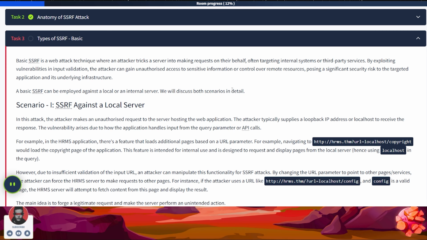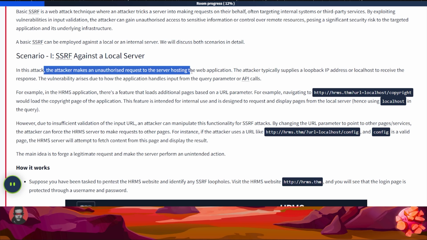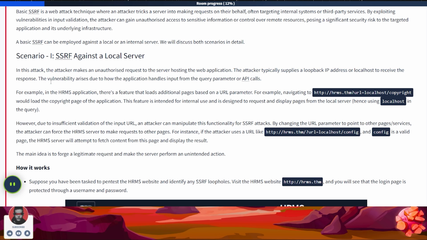Scenario: an SSRF against a local server. In this attack, the attacker makes an unauthorized request to the web server hosting the web application. The attacker typically supplies a loopback IP address or localhost to receive the response. The vulnerability arises due to how the application handles input from query parameters or API calls. For example, in an HRMS application, there is a feature that loads an additional page on the URL